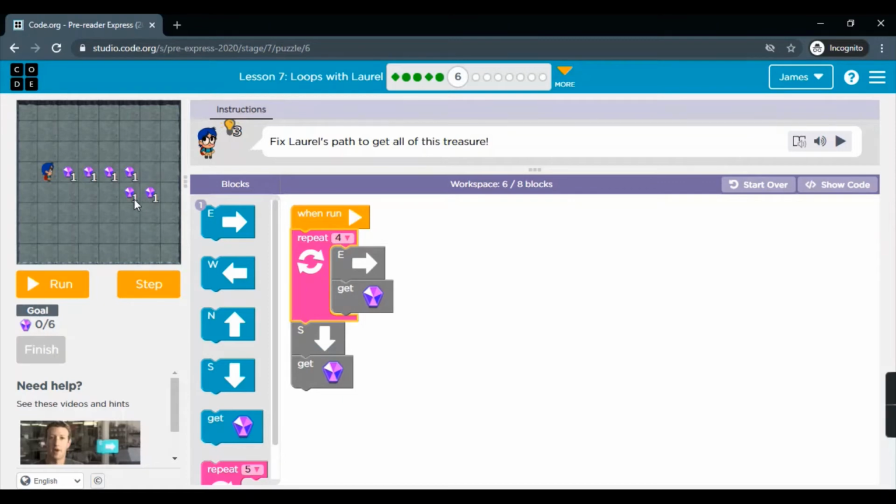Then it should go south 1 time and get. And after this, it should go 1 time east and get the pile. So I'll drag east and get the block here. Okay. Now let's run it.